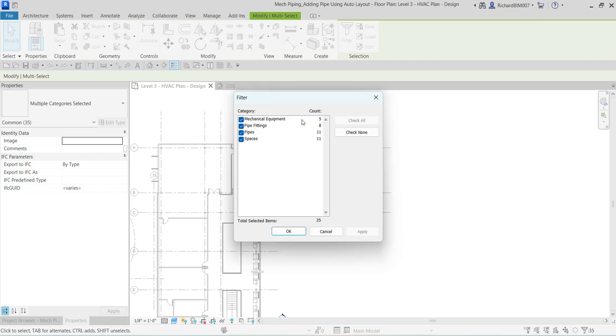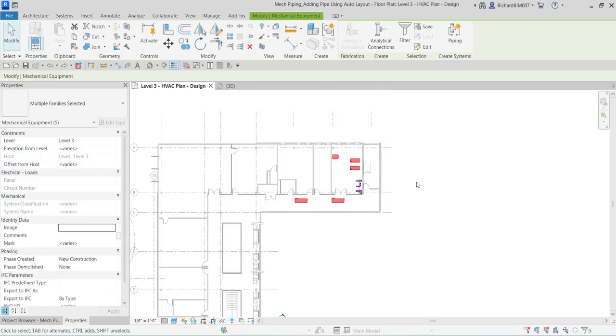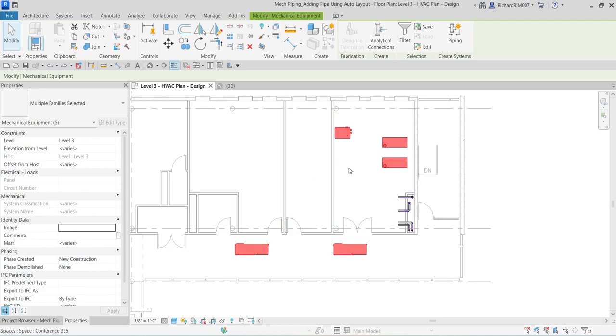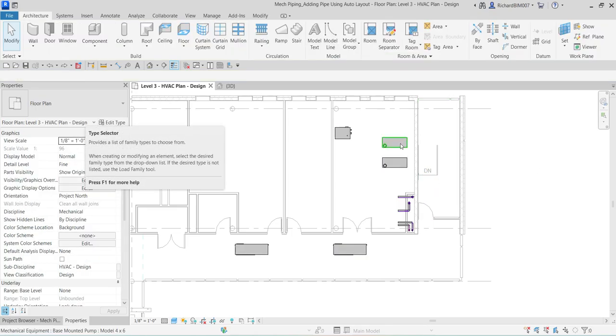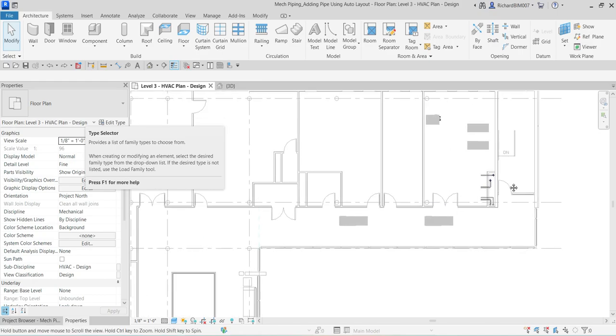As you can see, I have mechanical equipment, fittings, pipes, and spaces. If you only want to select the mechanical equipment, select Check None, then check Mechanical Equipment, and then OK. So that's how you use the filter. As you can see, I just selected the 5 mechanical equipment. We have 2 base mounted pumps, the boiler, and a couple of water source heat